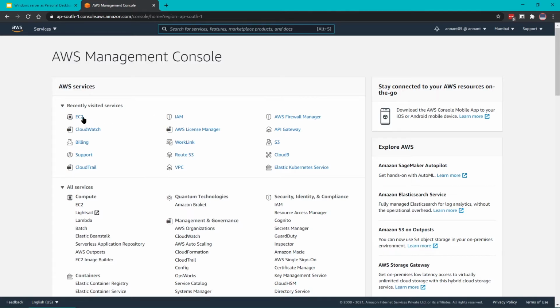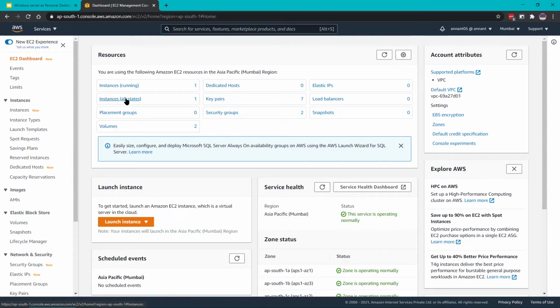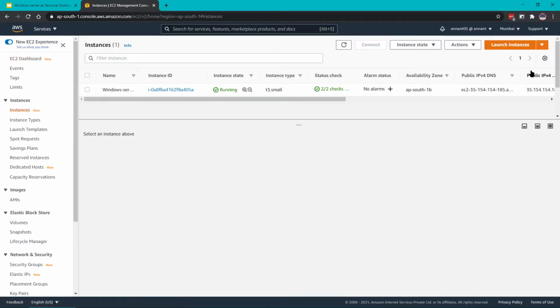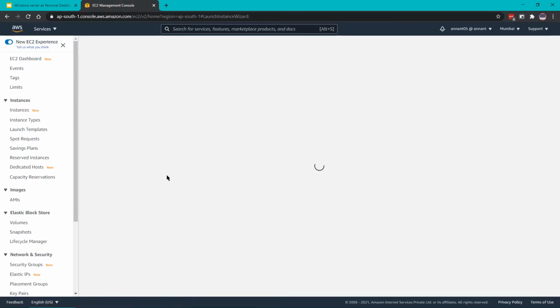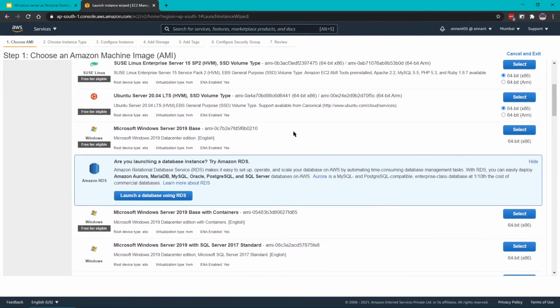The first thing that I will be doing is creating an EC2 server and showing you how to configure it as a desktop for your personal use. Okay, so let's start with launching the server. This process usually takes about 5 to 10 minutes and it's a very easy and basic process.